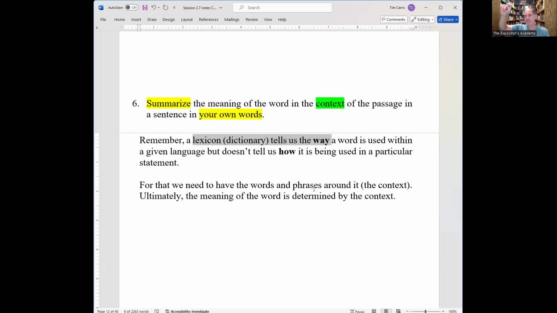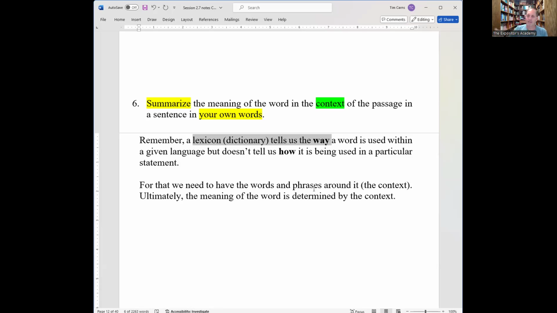It can be a physical illness. It can be a mental illness. It could be a colloquial statement meaning awesome or great. So you could have all these definitions listed, and that's all a lexicon tells you: the ways a word could be used. These are the possibilities. But then the context will tell you how that word is being used, and you'll know from the context, oh, physical illness makes the most sense here.